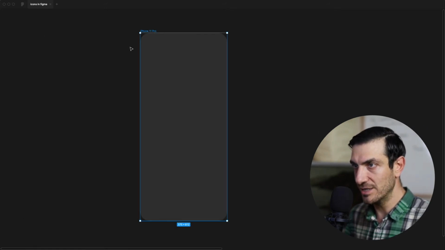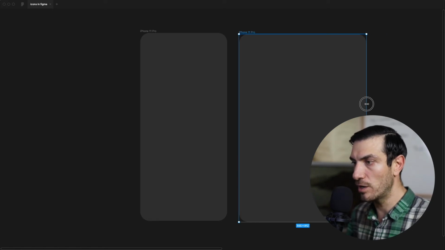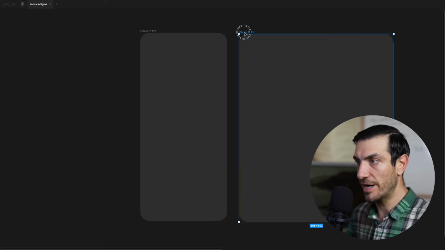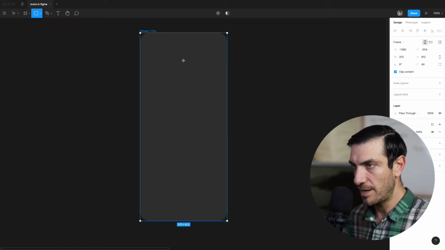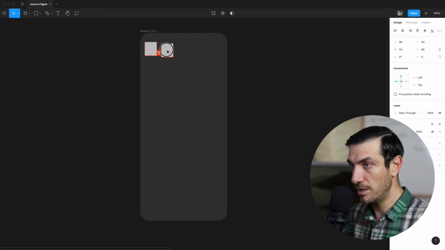So we have this iPhone 11 Pro, for example, and what happens if we have a larger device that's potentially wider, whether it's an Android or a Samsung, or an iPhone Max size or something like that? You want your iconography and your buttons and things like that to move along. So just as a quick example, there might be a back button here, and I'll show you how this works. There might be a back button on the top left, and there might be a more button on the top right. Maybe you would have like a